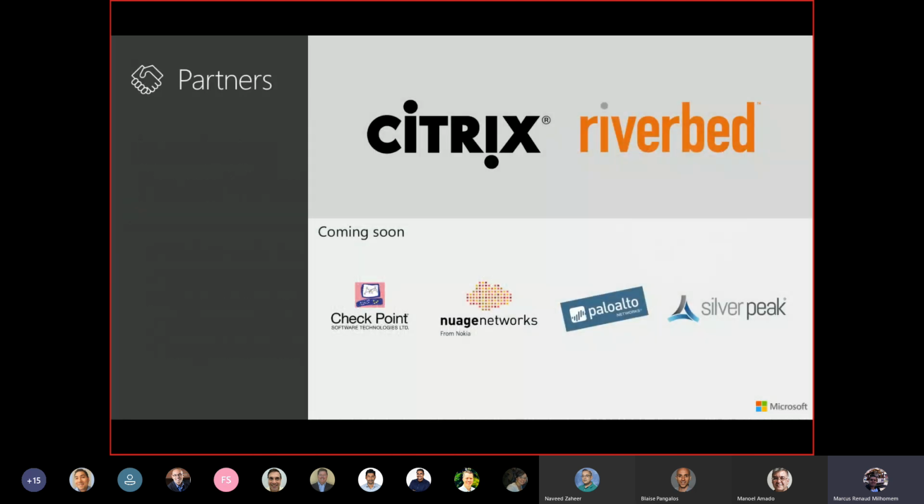Right. So right now we already have Citrix and Riverbed on board. We're also working with Check Point, Barracuda Networks, Palo Alto, and Silver Peak. So those appliances will know how to connect to your Virtual WAN automatically. You pretty much power them up, you put in the service credential of Azure, and they know how to connect to your Virtual WAN. Of course, you still have the manual option, but the idea is to be fully automated,